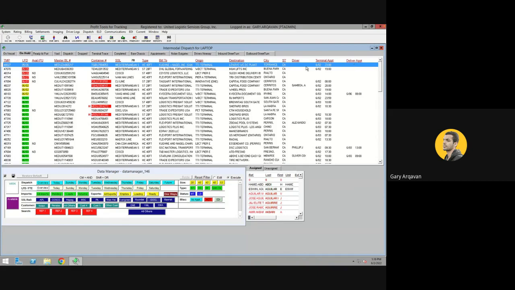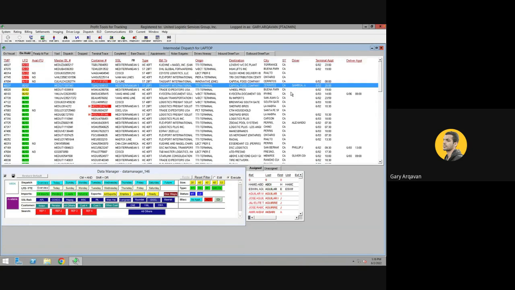Yeah, we have this driver column, which, just like how it is named, shows the name of the driver assigned to pull that container from the terminal. For example, this shipment has the driver Gamboa to pull this container TGHU from TTI